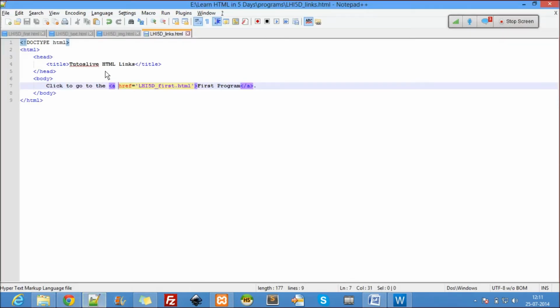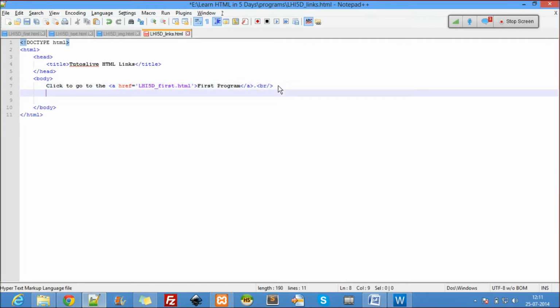It's not just in the same page, you can also go to an image too. So I'll use a br here. I'll say click to go to the image.